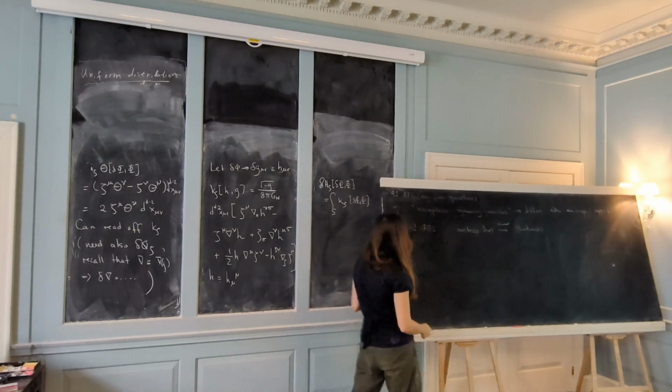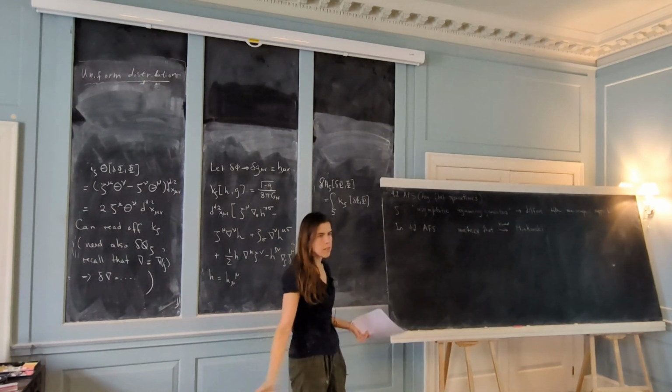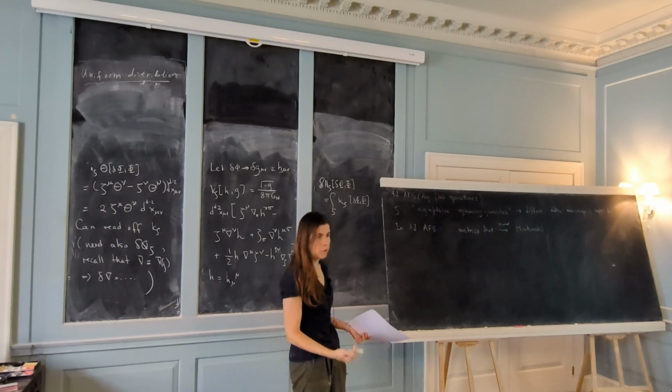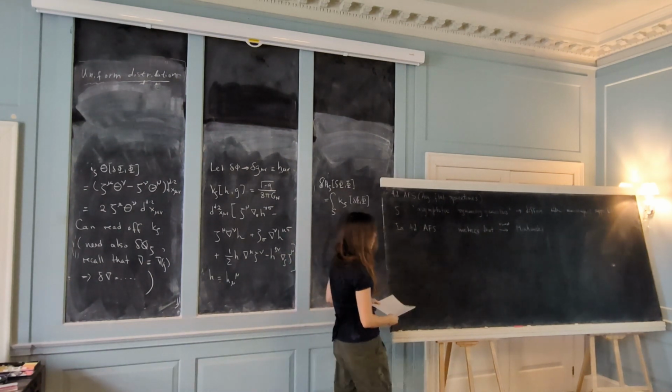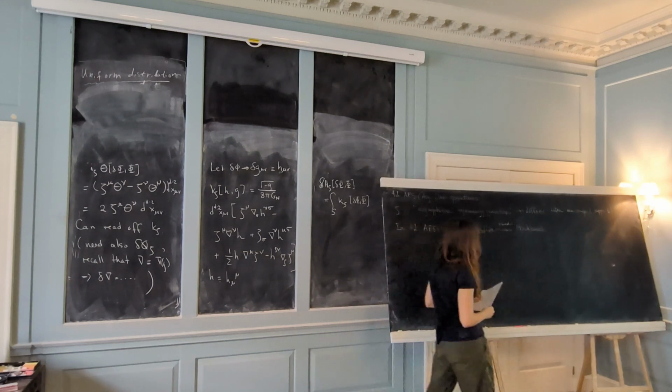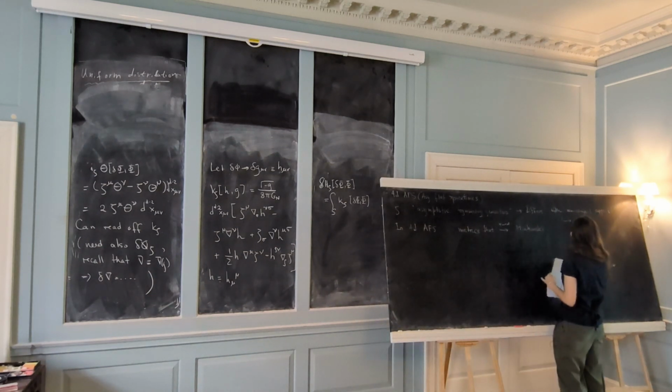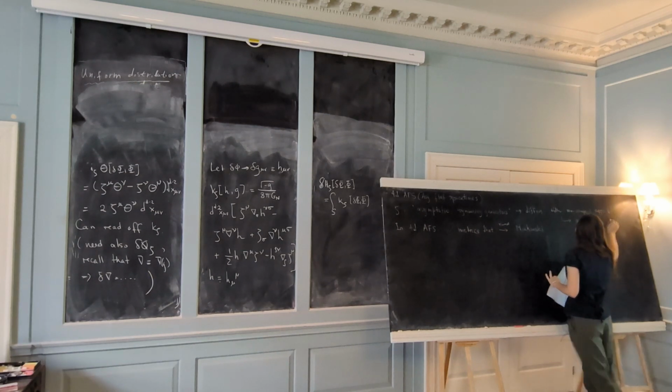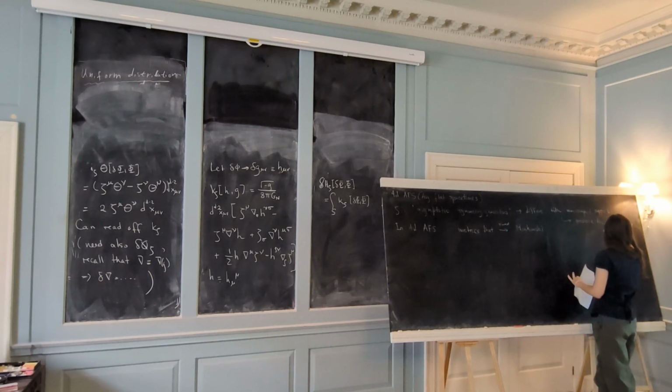And naively, since at infinity we have Minkowski space, you would expect that the diffeomorphisms with non-compact support that preserve the form of the metric at infinity